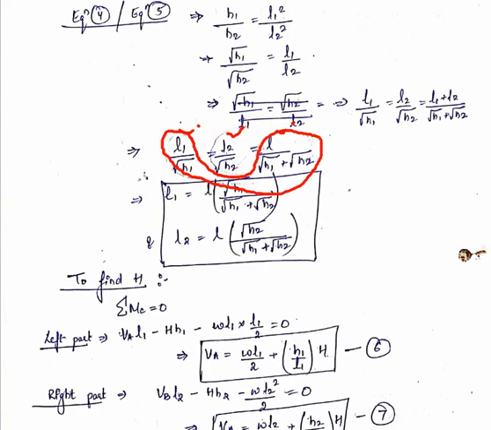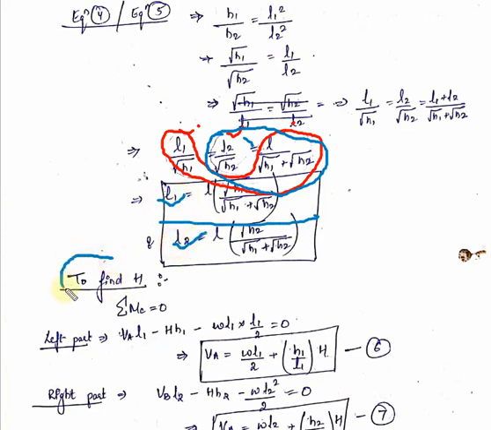And then we will take these two equations, and after putting these two terms equal, I will get the value of L2, that is small l root h2 upon root h1 plus root h2. And therefore, by using these two formulae, I can find out the values of L1 and L2.